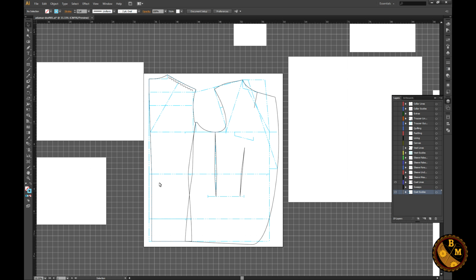Let's look at some of the lengths. There are multiple lengths on this pattern that you might not even see yet. Lengths are, in other words, vertical measurements. Girths are horizontal measurements. So the vertical measurements that we're seeing here are the depth of the shoulder slope, the depth of the prominence of the shoulder blade that goes halfway down the upper back, the depth of the side of the armhole,